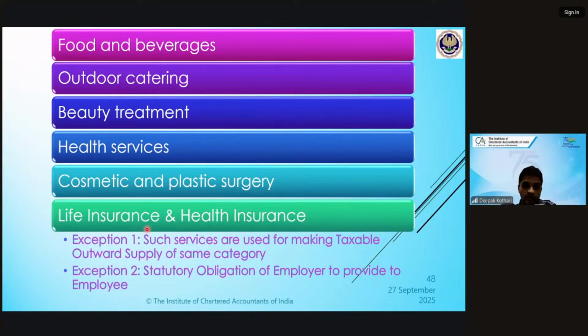बट ऑल ऑफ दिस के ऊपर क्रेडिट मिलेगा व्हेन, दैट इज, व्हेन देयर आर टू एक्सेप्शंस, व्हेन इट इज such services are used for making taxable outward supply of same category।